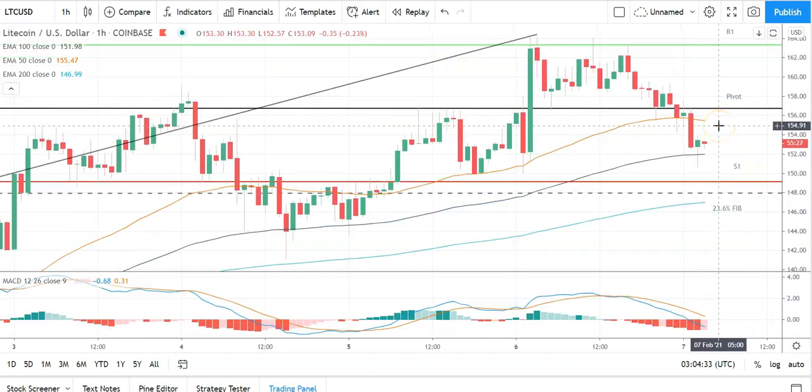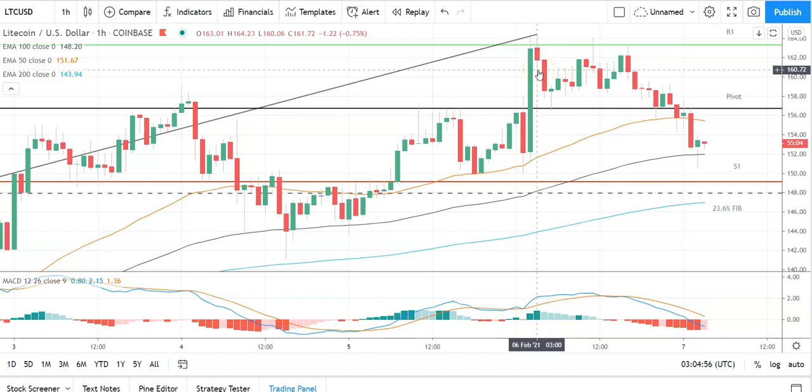Moving across to Litecoin against the US dollar, also bearish this morning. Going to need to see Litecoin move back through the pivot at 156.67 to bring the first major resistance level at 163.33 into play. Going to need to see support from the broader market for Litecoin to break back through to 160s. Barring an extended rally on the day, expect that first major resistance level and yesterday's high at 164.23